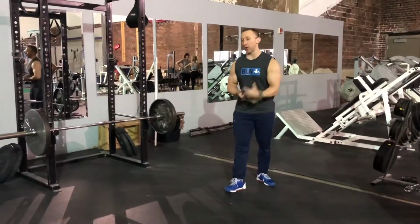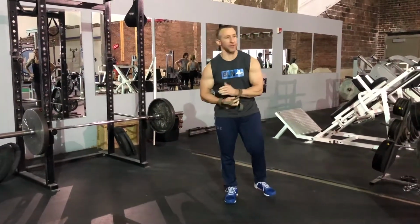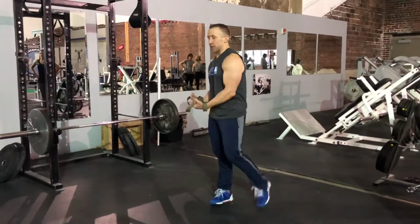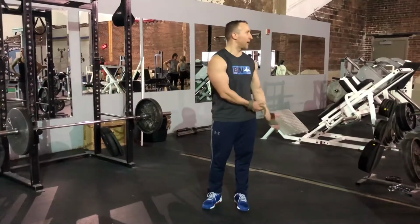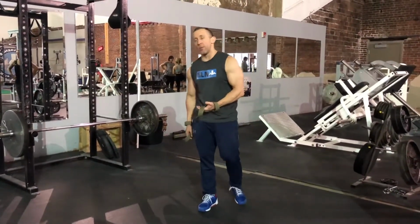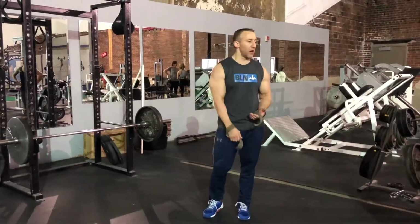Deadlifts. I personally like to do deadlifts last in my workout, and I know that's completely different than what everybody else does, because it's a major muscle building exercise. So people want to do a lot of weight on it. They like to do it at the beginning of the workout when they're fresh. I like the opposite. About probably 8 or 9 years ago, I started doing deadlifts last in my workout because